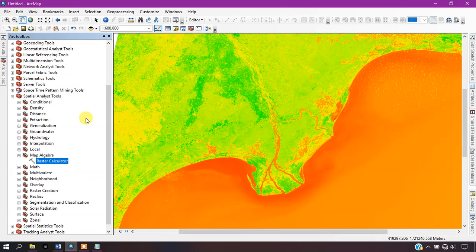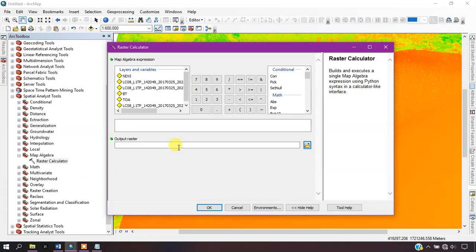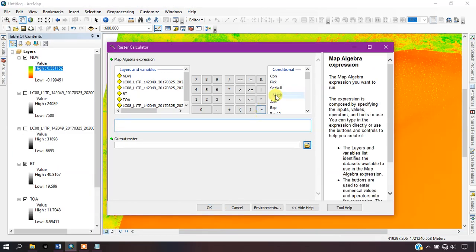Once again, go to our toolbox, raster calculator. Now we need to use the square function. Now we have to input the NDVI result, and we have to minus it with the low value. So what is the low value?